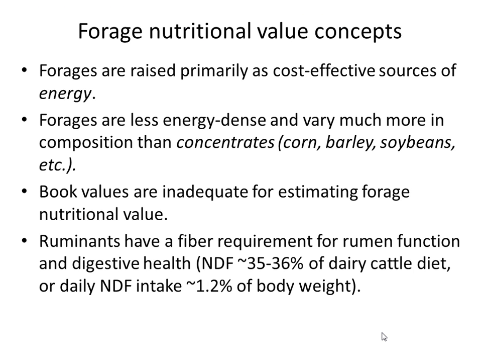Just a few more concepts before I go on. Forages, most of us, I think, understand we're raising forages primarily as a cost-effective source of energy. I think sometimes we overemphasize protein as the main reason we're raising a crop. It's really energy. Forages are less energy dense, though, and they vary so much more than concentrates, corn, barley, oilseeds. They vary so much more that we can't use book values for forages to make feeding decisions. They're too variable. Book values are just averages. Sometimes they're helpful averages, but they don't really get at the kinds of decisions Gene is going to lead you